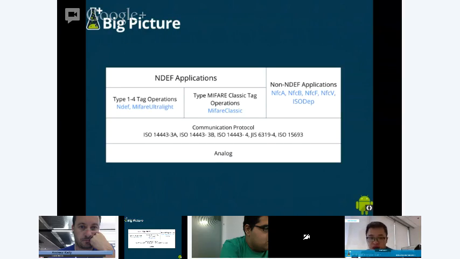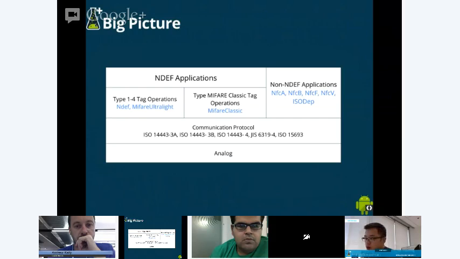Here's the big picture, a summary of the relationship between all the classes. If you look at this NFC stack, you have the analog layer at the bottom, and then the different communication protocols, and there are two major types of applications people can build.